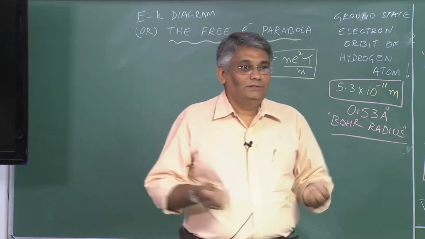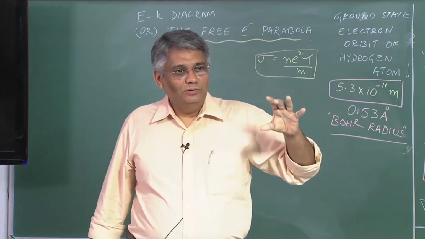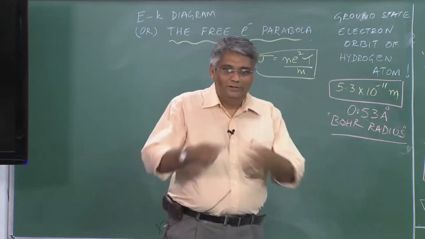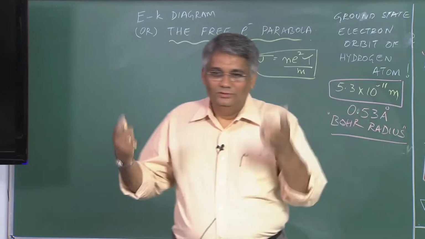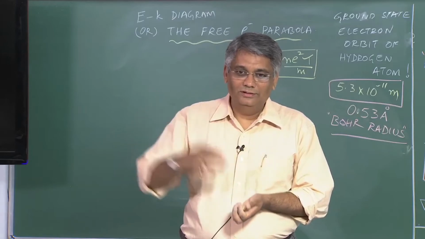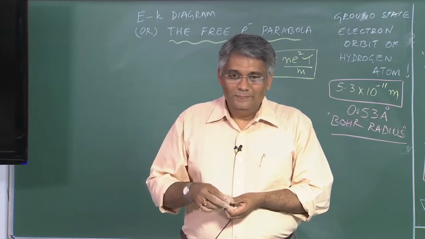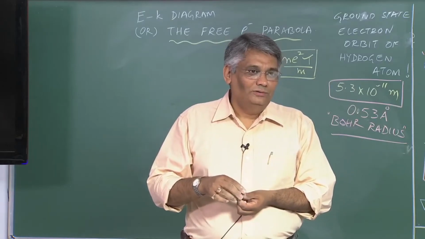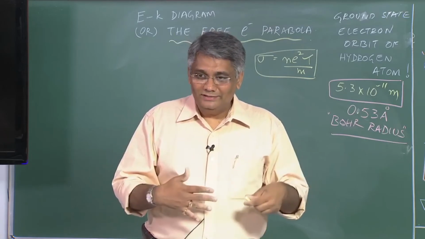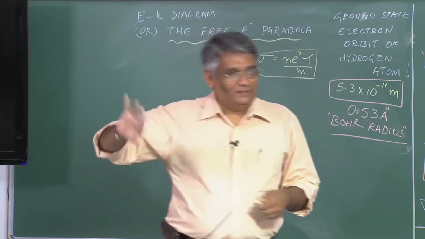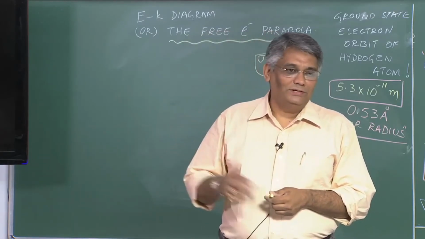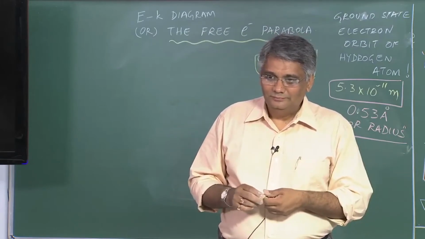Why? Because if the number density is more, the number of collisions also will be more. So in semiconductors you have 10 raised to 18 to 10 raised to 19 per centimeter cube. It is 3 orders less than in the case of good conductors. So more electron density means more collisions. If the electron density is less, there should be a smaller number of collisions. But that's a different issue. The way conduction changes as a function of temperature itself is different in both cases. You know that, right? We can plot it and show.